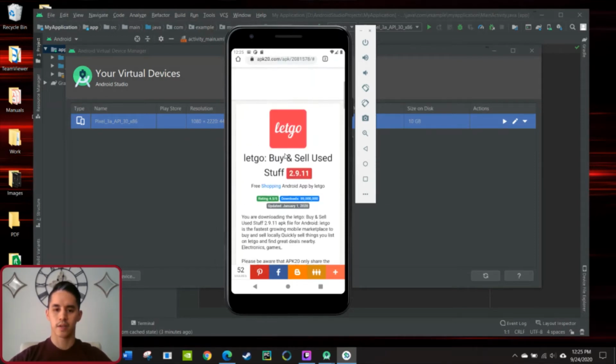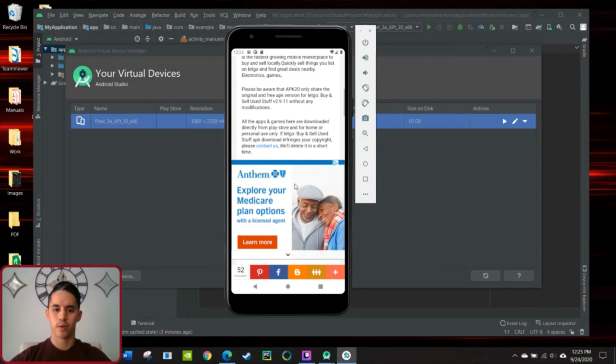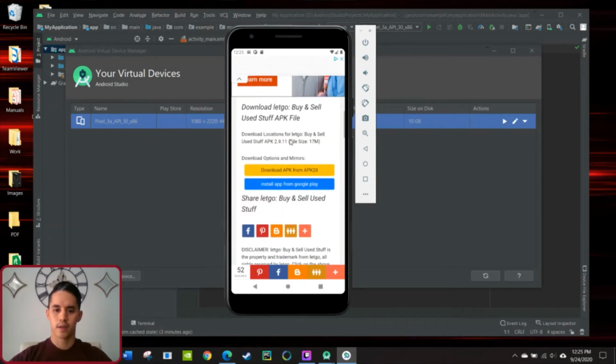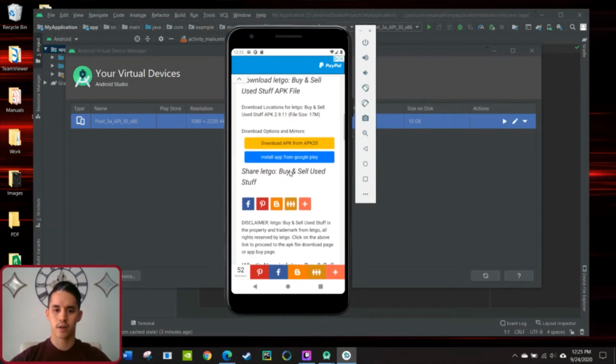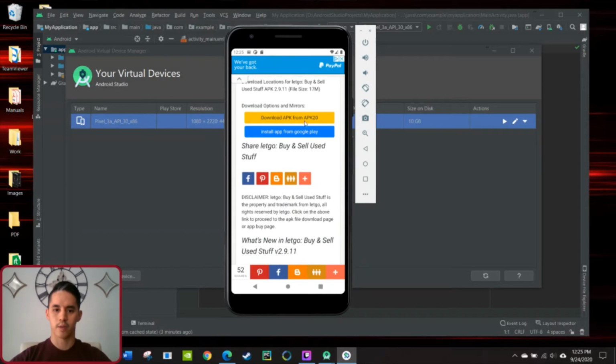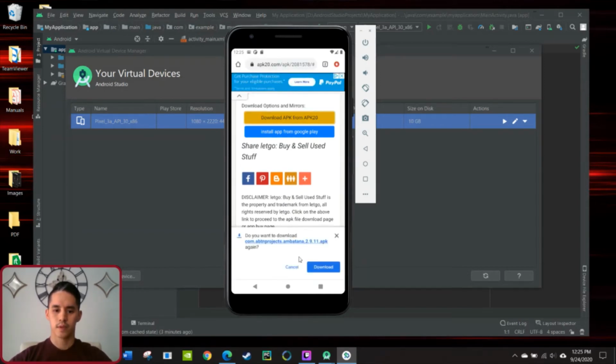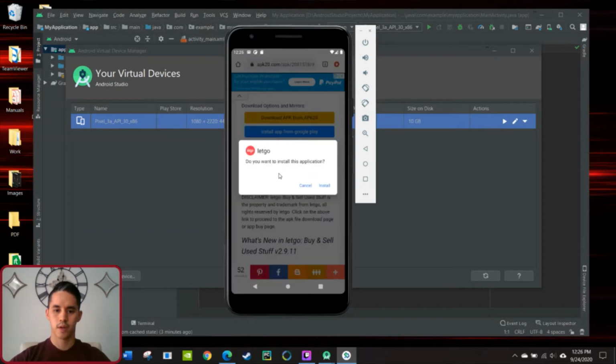On the site, you just scroll through and it gives you the option here, download the APK from APK 20. So we're going to download this. I've already downloaded it once before, so it's asking me to download again. And then once I've finished downloading it, it'll ask me if I want to open it, and then ask me if I want to install Letgo. So if I click install,